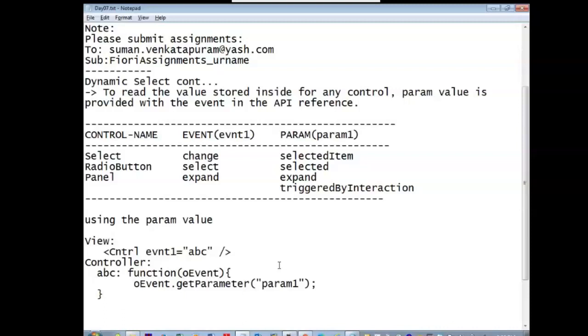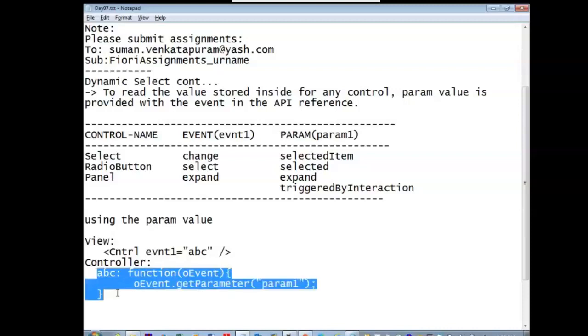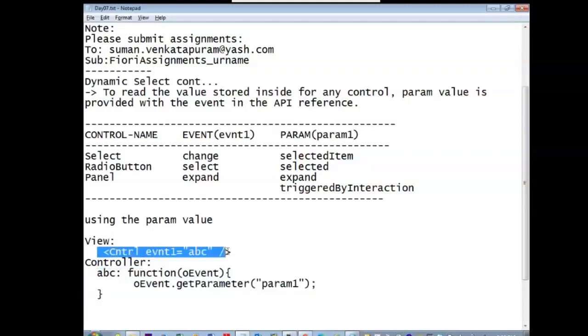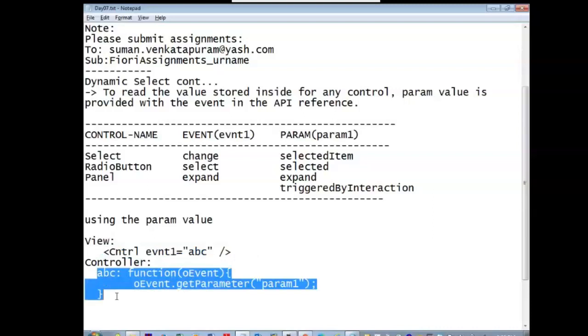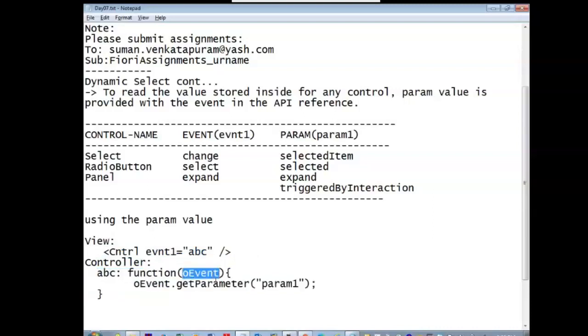oEvent is a normal variable, but we reach this oEvent after the event gets triggered. Once the event is fired from the control, it reaches the controller, and this variable will store all the details of this control.